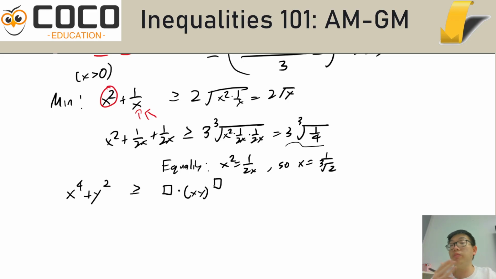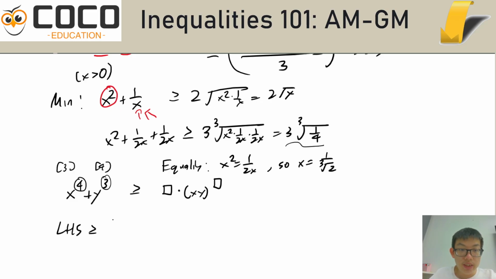Now, if I'm trying to establish this, effectively, I want to make sure that my x and y appear in equal weights. You know what? I'm just going to change this to cube because it looks too similar to just now. And so if I want to make x and y appear in equal weights, x has a 4, y has a 3. So to compensate, I need 3 of these and 4 of these to make them both the same. So I just do that.